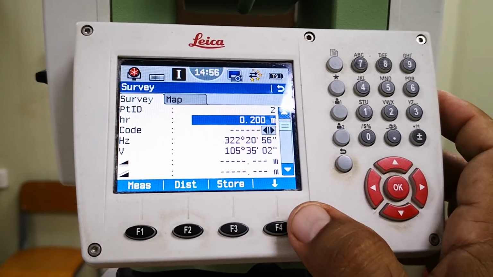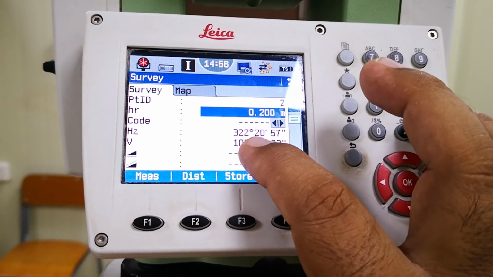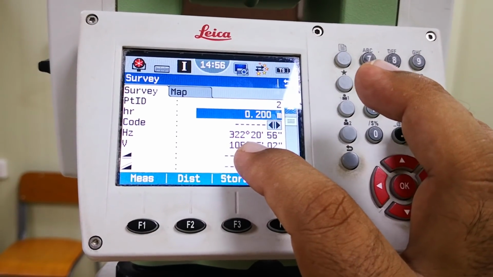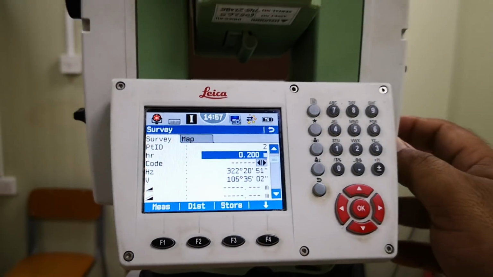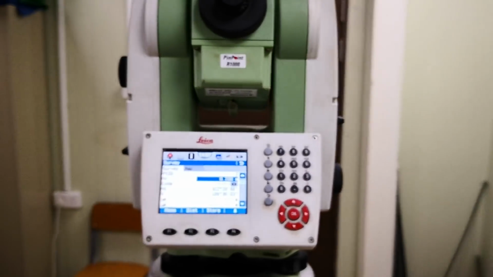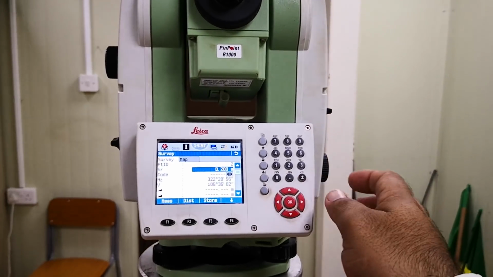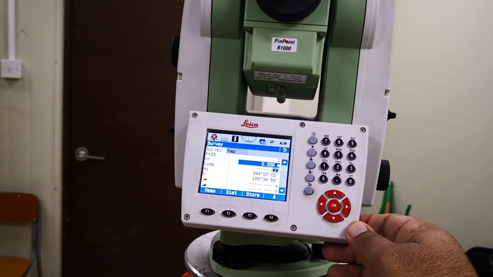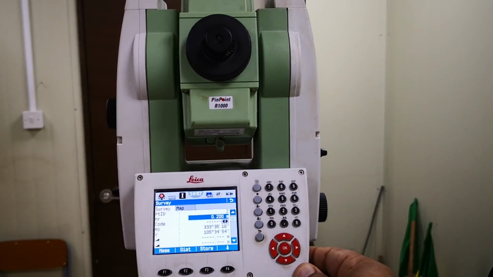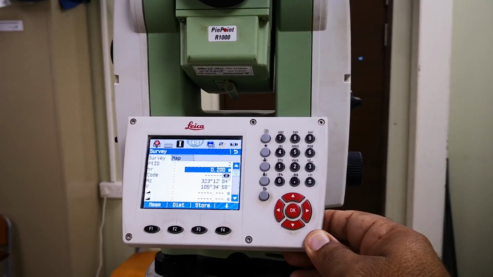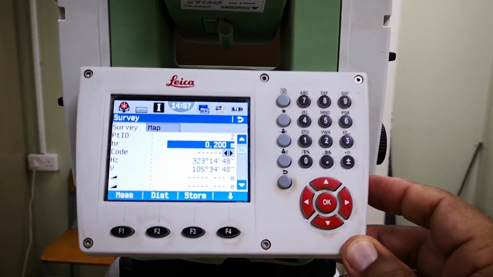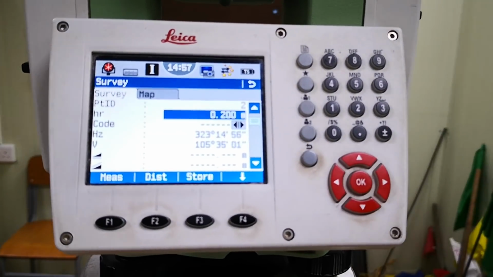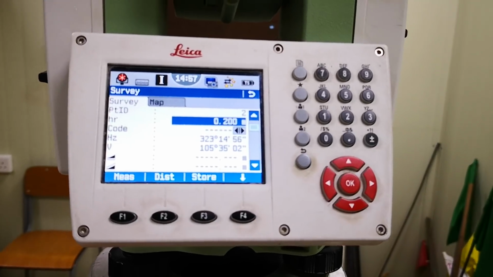F4 for continue. Here we have HZ, 322 degrees, and if I rotate or swing this total station clockwise, it will come in the positive. But if I go to the left, the angle goes to a minus. This is called the right or clockwise setting of the horizontal angle.